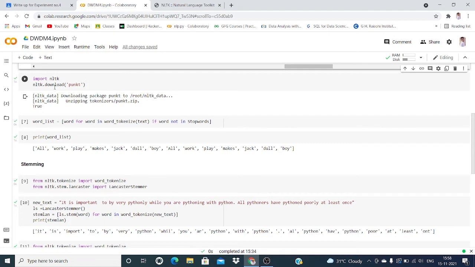Import nltk. nltk.download punkt. Word list is equal to the word for word in word_tokenize text if word not in stopwords.